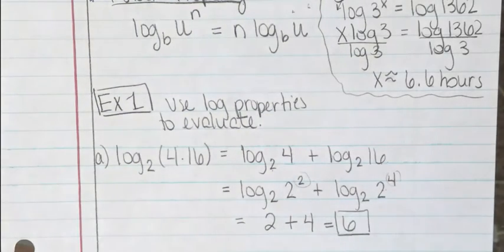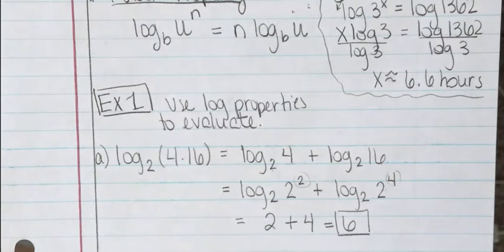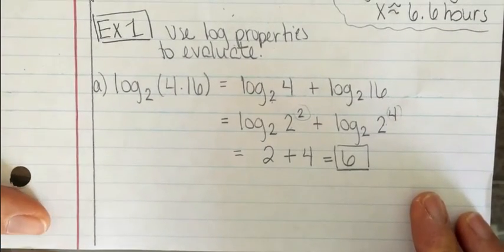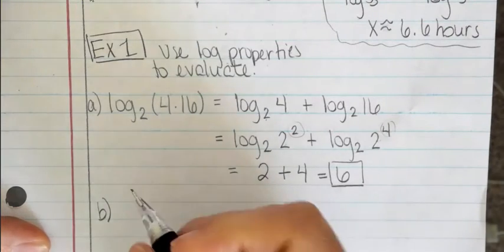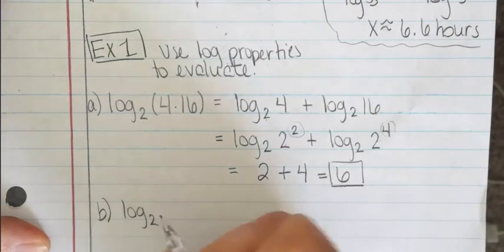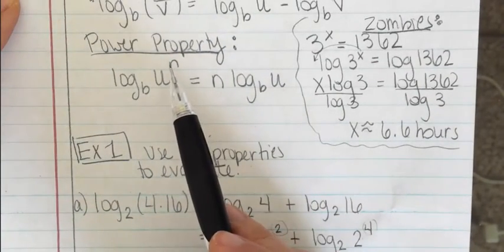Okay, on that one, I'm not sure I really needed to use my log property, but it was fun because I could have done the same thing, right? 64 would have been 2 to the 6th power. But it's a good time for us to explore using our properties. Okay, so let's try one more of those. How about if I do log base 2 of 4 cubed? Okay, so what I can do here now, this is that power property, that power rule, that allows me to